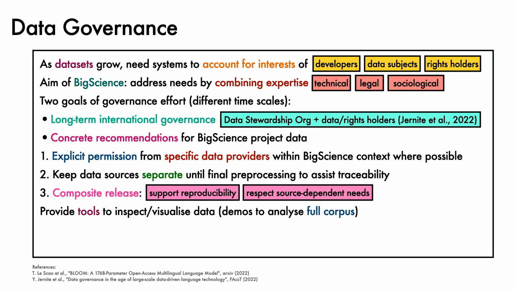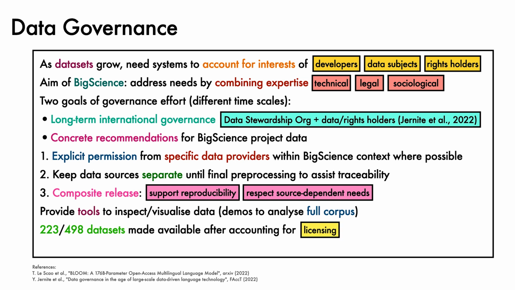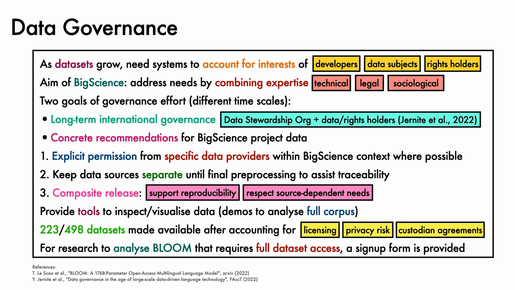This involved providing tools to inspect and visualize data, including online demos to enable analysis of the full corpus, and also making 223 of the 498 datasets that form the corpus available for direct use. This subset was the subset deemed appropriate for direct distribution after accounting for licensing, privacy risk, and agreements with data custodians. Finally, since future research to analyze Bloom may require access to the full corpus, a sign-up form is provided for